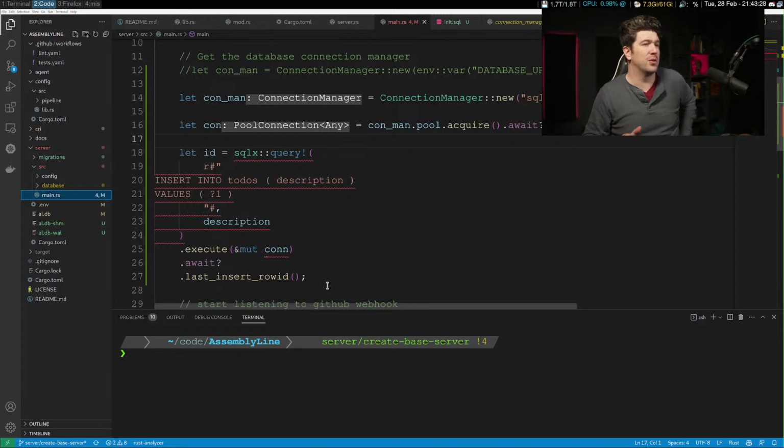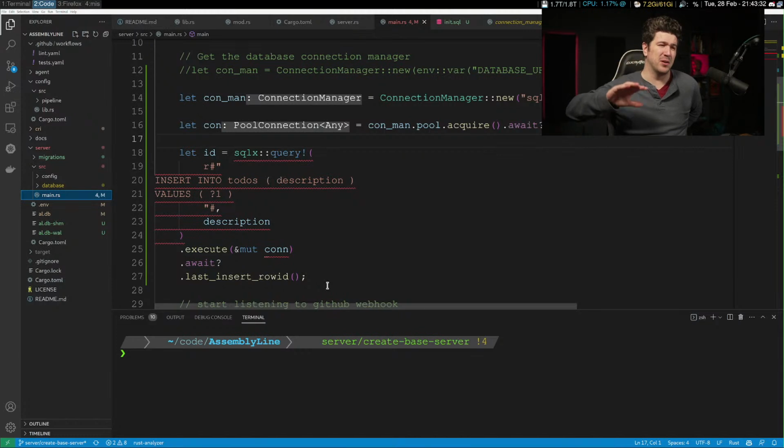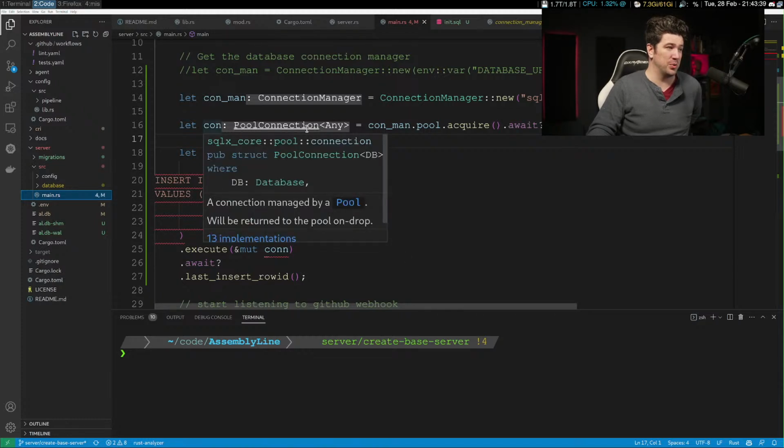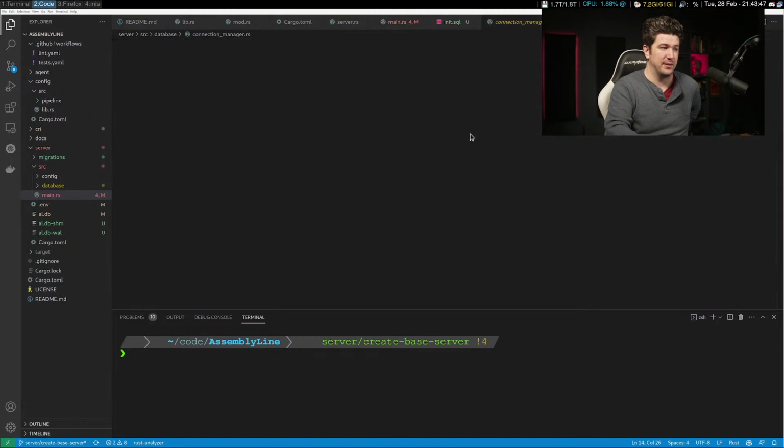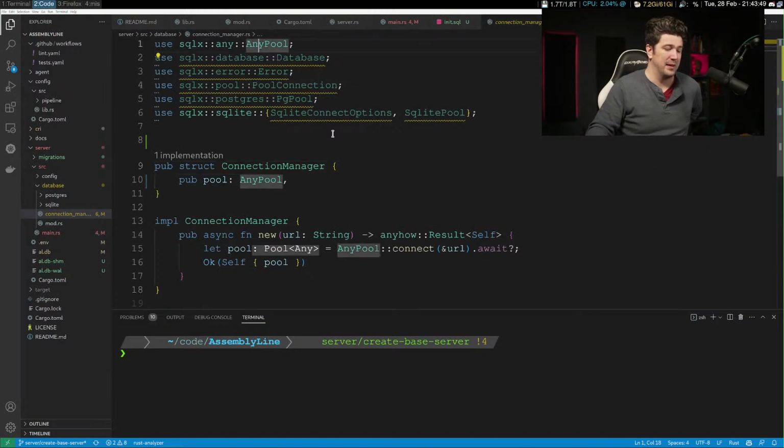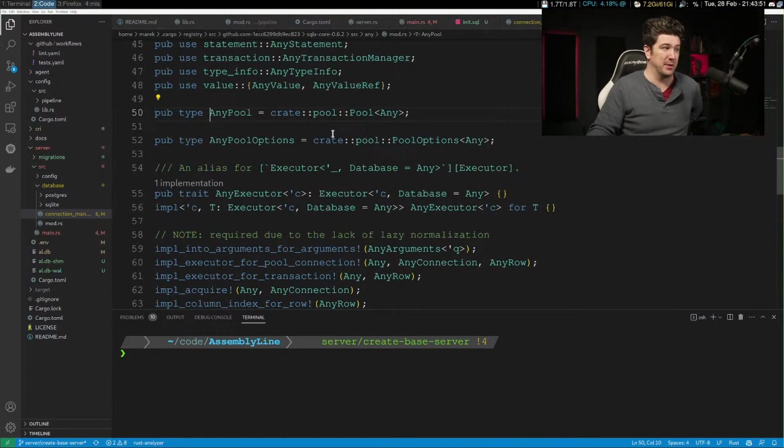Now, I know last weekend I did all of their demo with SQLite purely and it worked. The only thing that's weird here is I'm doing this any pool connection, which, like I said, is completely undocumented.